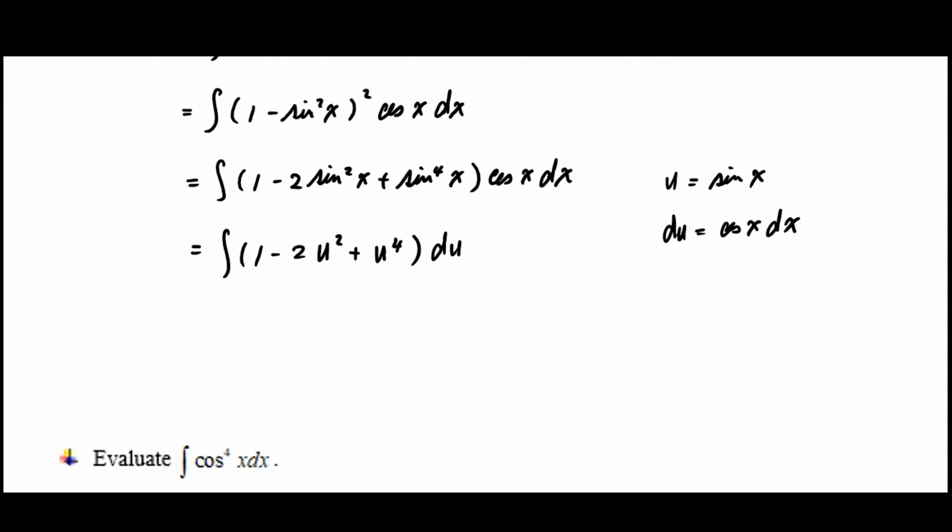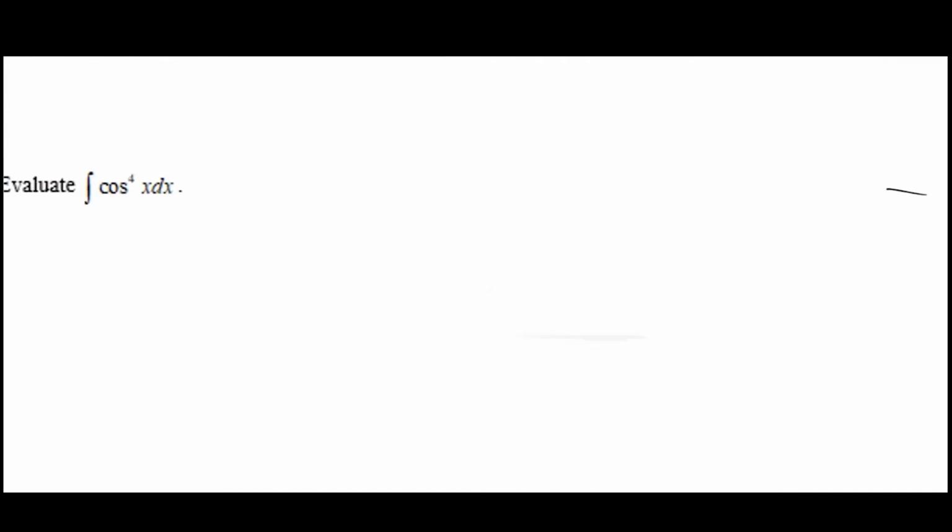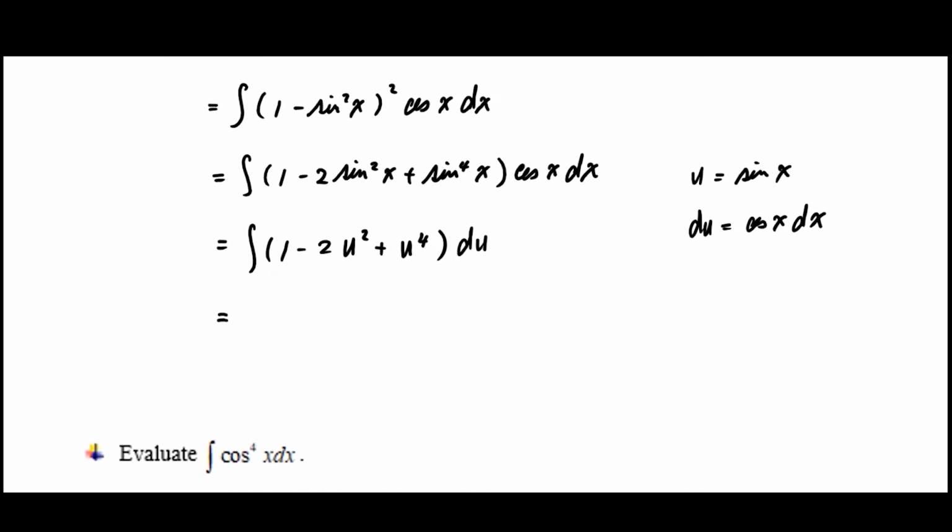Magic, huh? Well, logic. Lo and behold, it was good old u sub. Okay, so we know what to do now, right? This becomes 1 minus u cubed, therefore 2/3, and plus u to the fifth, therefore 1/5, plus C. And then we substitute what u is, which is sine x, so